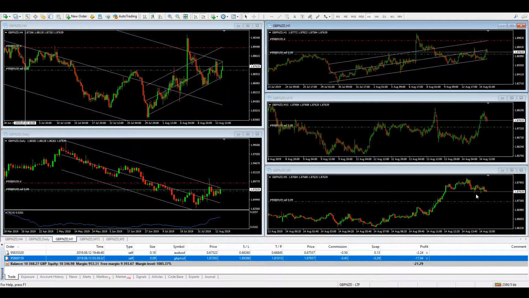It's already started to happen on the 5 minute here, for example, but we need to see it on the upper time frames as well. So I'm just letting the price action dictate how I manage this trade. If this does start to break these lows